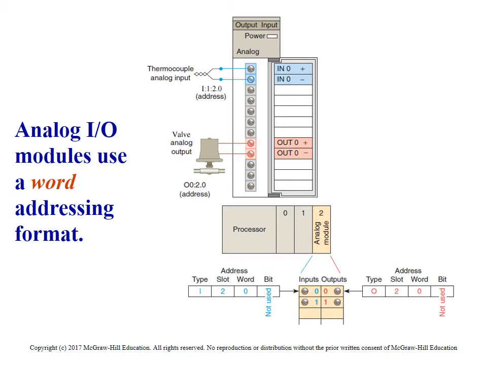And analog I/O modules use a whole word of information. We're going to be getting into this further down when we get into later chapters, so I'm going to just briefly describe how this works. Essentially, everything we've discussed up to this point has been either an on or off state. This is talking analog, where I can have any value from, say, 0 to 10, or 4 to 20 milliamps, depending on the application. It gives you an idea that I'm not looking for just a straight on, off. I'm looking at any variation in between, anything between 0 and 10 volts.